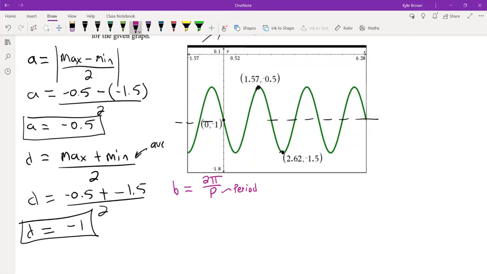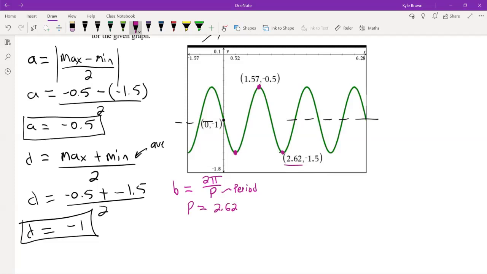So the period is how long it takes for the wave to repeat the pattern again. That would be from here to, let's say, here. They didn't really give me very great numbers, because three-quarters of the way would give me that number, so I'm not going to go that direction. I know that from here to here is half of a wavelength, because from here to here would be one full wavelength. You guys kind of get that? So if that's half a wavelength, to figure out my period, p, that's just going to be